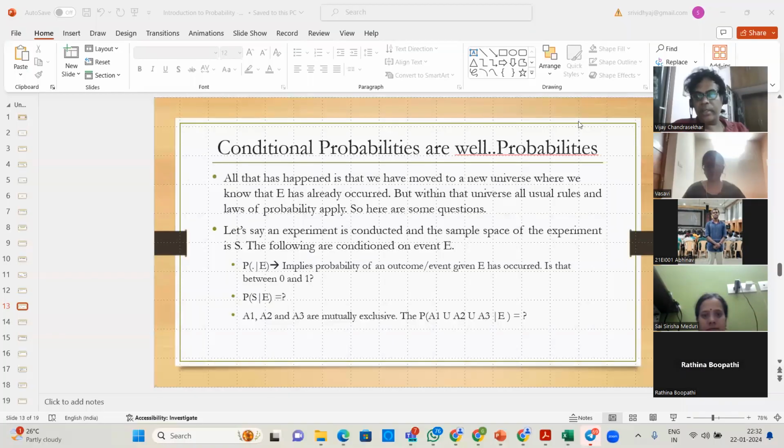Today, we'll continue from where we left in the previous session, where we talked about conditional probability. Let me share my screen so that you can see what I have. All right. So this is where we were. We were talking about conditional probability, and